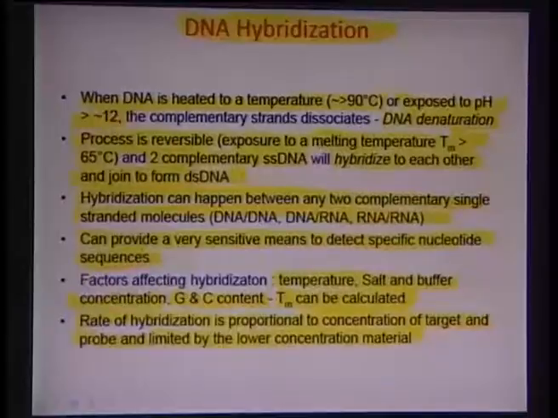The one which has a lower concentration is the limiting concentration. So therefore, hybridization can be characterized, or is effectively proportional, to the concentrations of both the species which are binding: the target molecule as well as the capture probe, and the limitation is imposed by the species with the lower concentration. If there are more targets than capture probes, hybridization will be limited by the capture probes,